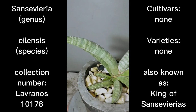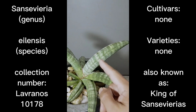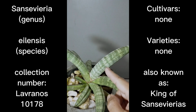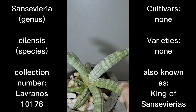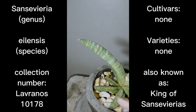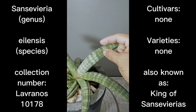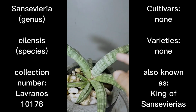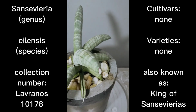To describe further the characteristics of the leaf, they are sort of banded. You see whitish coloration, and then dark green bandings, and on top of that they have these longitudinal lines found on each leaf that are about half an inch parallel to each other, and then there's a shorter one between them. As for the tips, they are whitish,